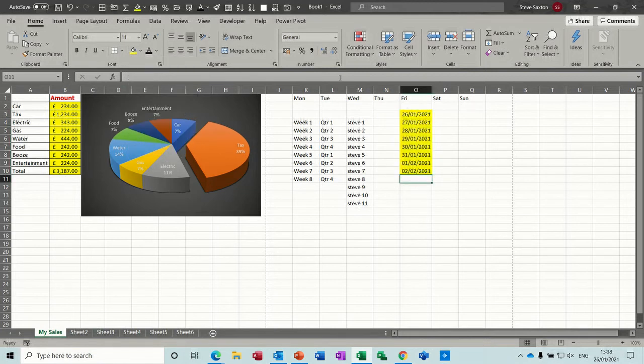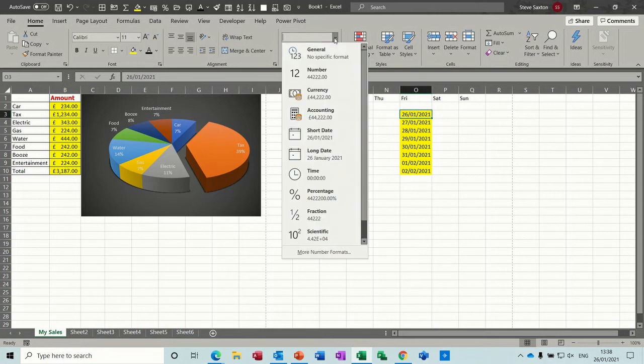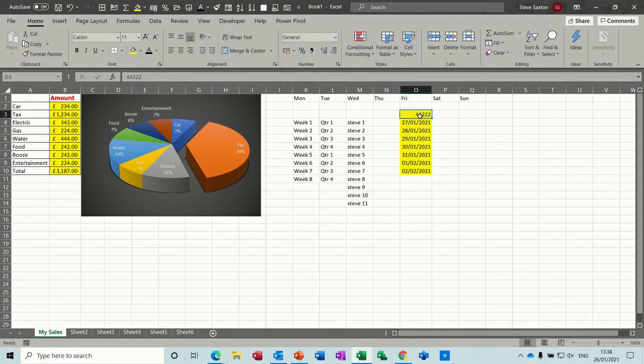So if I click out of it, below it it's general, but in it it's date. Now, if I change that date back to general, you can see it's a number. So every date to the computer is just a number. If I put it back to date, it'll go back to a date. Now, if I put these numbers in, 1, 2, 3, 4, for example, and I highlight them and change them